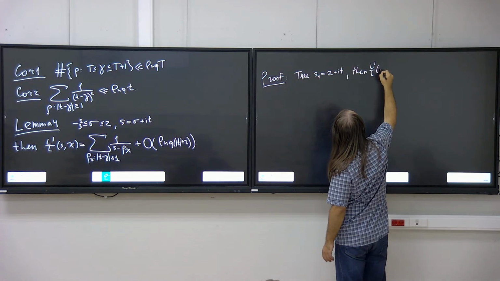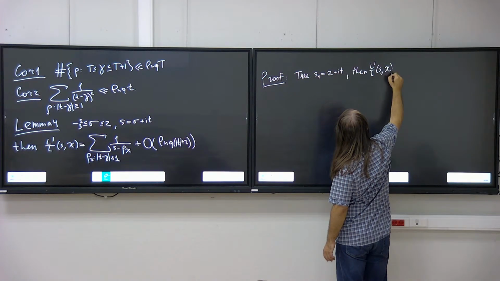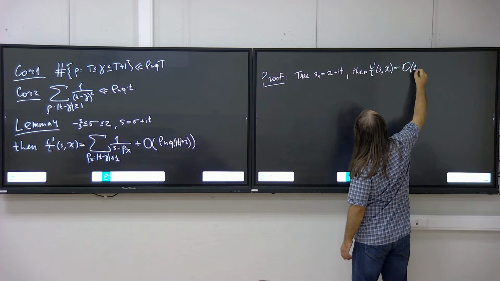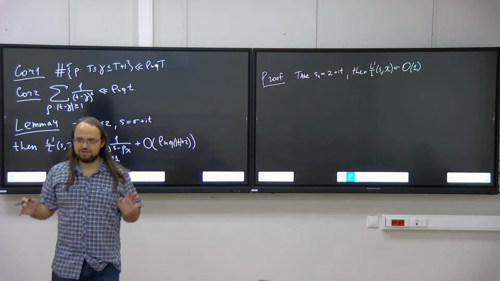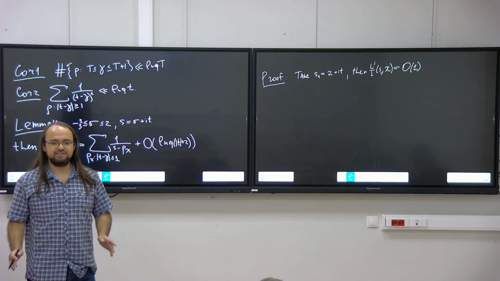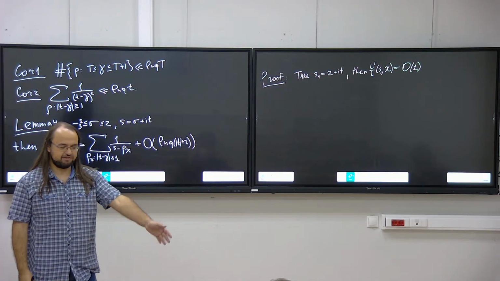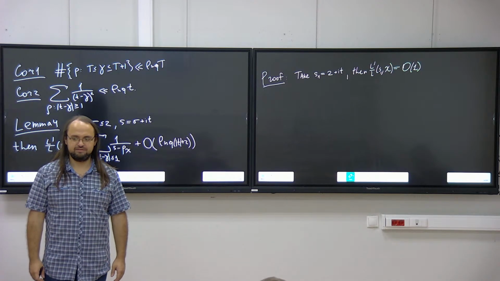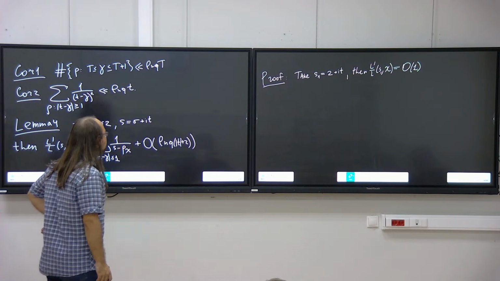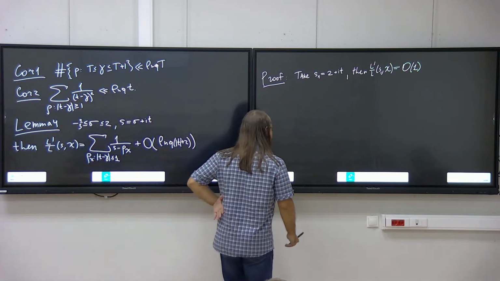Then the logarithmic derivative of L of s1, chi is big O of 1, right? So if the real part is large enough, then you get big O of 1. With the same reasoning, you express everything as a Dirichlet series, and then you get big O of 1. Right? Now what? We know that